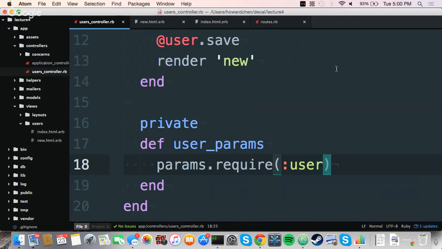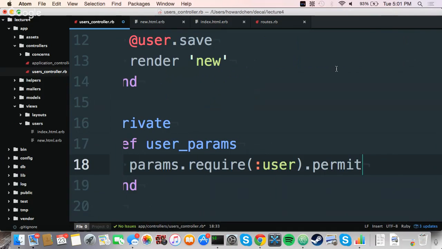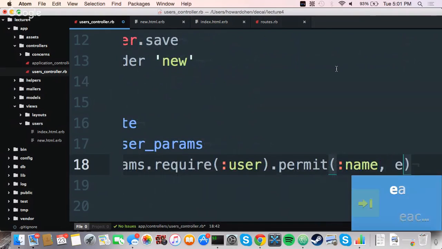And right now, if I were to run this request, user_params would return the key value pairs name to whatever name I put in and email to whatever email I put in. And if some attacker were to insert another key value pair called admin true, they're allowed to do that right now. But there's a method called permit on this parameter hash. What you do is pass it a bunch of symbols saying allow these values to go through. So if I were to permit name and email,